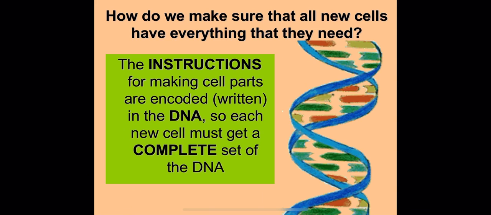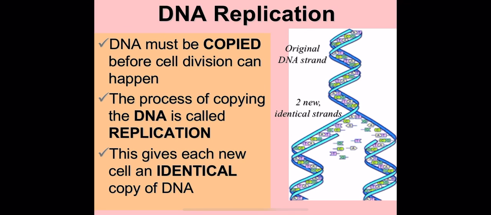I say that not to say DNA doesn't have the ability to change between generations, because we know that things like mutations do happen. But when you're undergoing something like mitosis, you're not combining genetics from a parent, a mom, and a dad. You have one parent and you're trying to remake essentially that parent cell. So you're going to want to make sure that your DNA is an exact copy. So how we do that is think of the DNA as being like a zipper. We're going to unzip it.